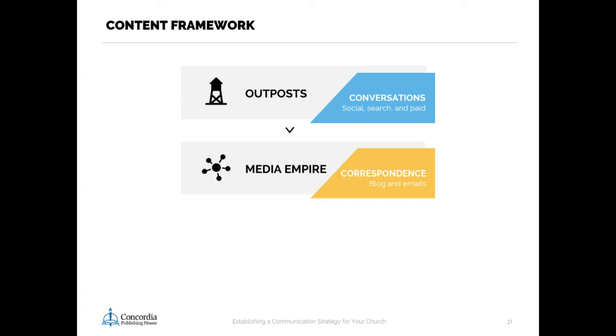It's kind of weird, especially at a church, to think of media empire, but these are your longer format things. So it's your blogs, it's your email. It's more one way than conversation, your outpost, your conversation. It's your message to them, but it's your central location, using these media channels to draw people in even farther. So social can point to your media empire, and your media empire points back to your home base, and that's